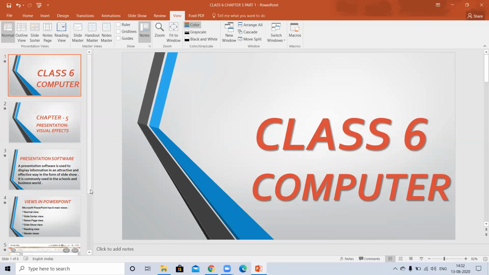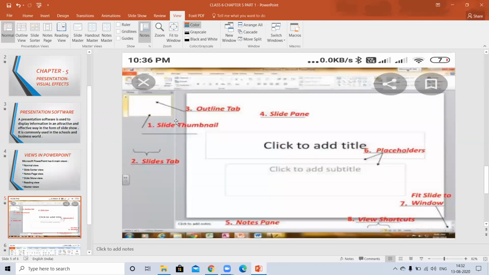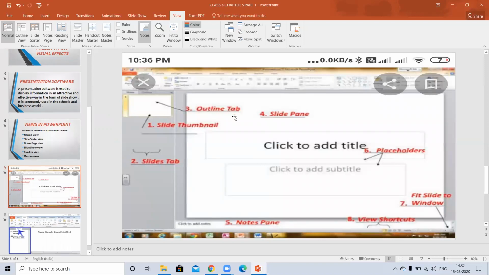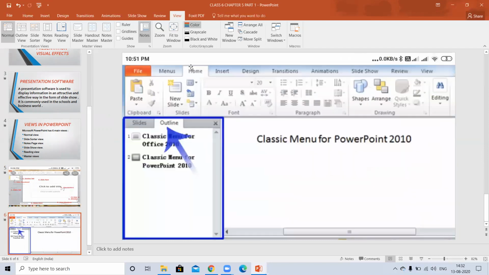This is the view of Microsoft 2010. So open your book.